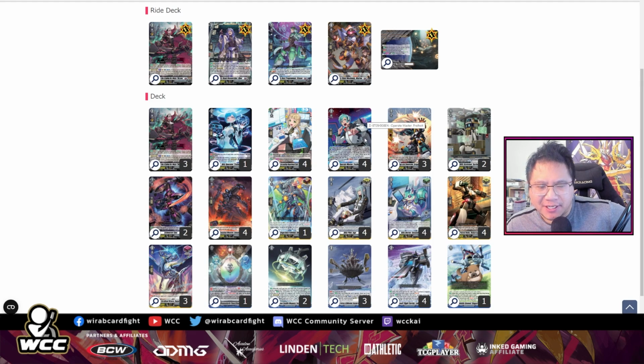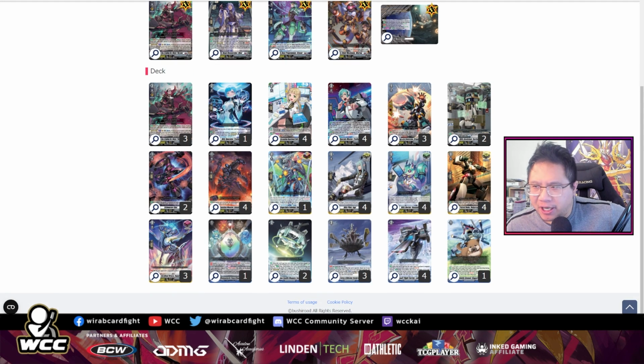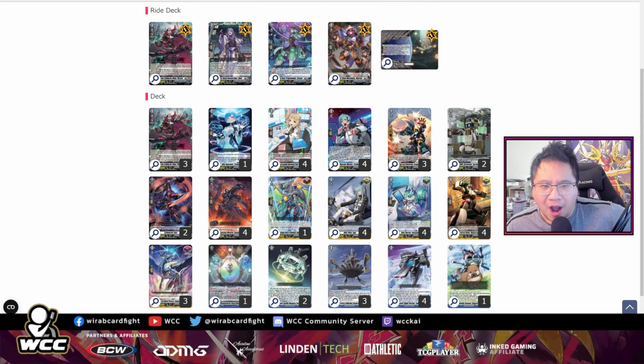The product lineup in this deck is pretty, I guess, more focused towards what I like. So I run 1 dog. I know some people want to run 2. I think the dog is just really bad in this deck. It's pretty...